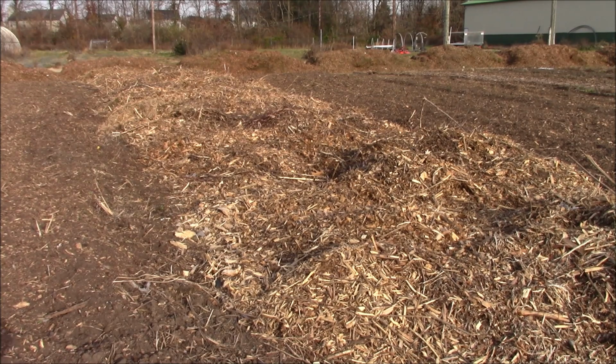See here, I've also been getting some wood chips in. It is very difficult for me to get wood chips this year because there's a company nearby that's taking all the wood chips for free, and they're actually paying or giving incentives or gift cards to other landscapers. What they're doing is taking those wood chips, grinding them up and making wood pellets out of them, because fuel oil is so expensive around here,